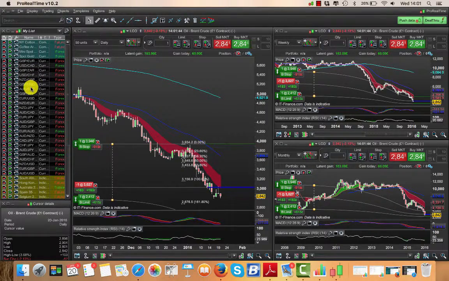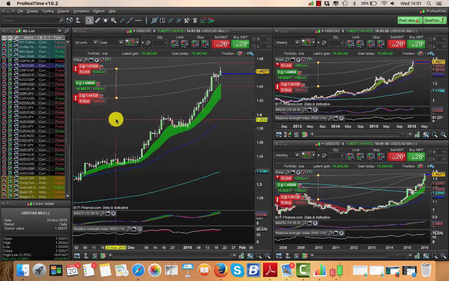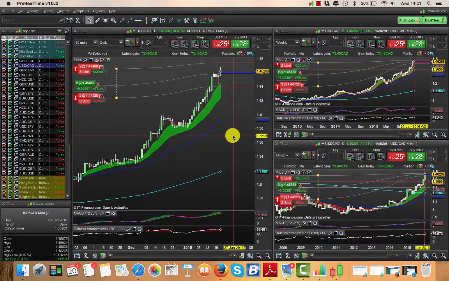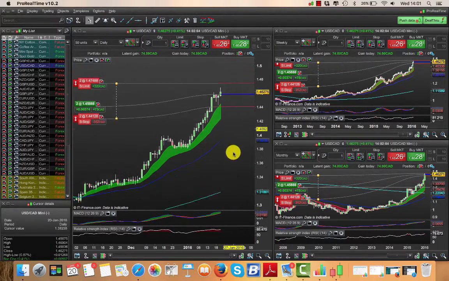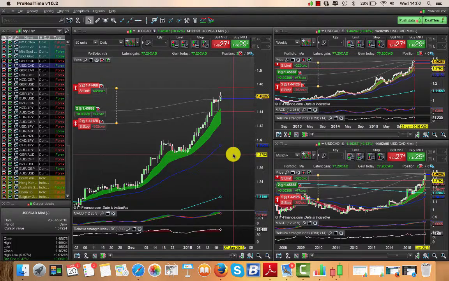Another good trending trade, which we've also got a small trade on, just to show you that we can make money off small account sizes, as long as we've got a lovely trending screen, as here. We're up 75 Canadian dollars, so nothing massive. It's a very minimal risk trade, and there's obviously profit to be made.